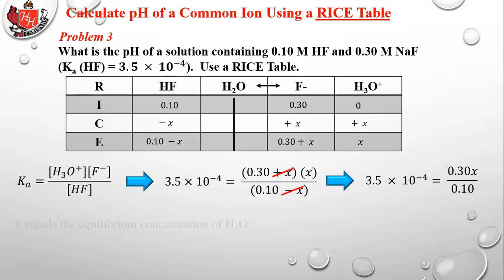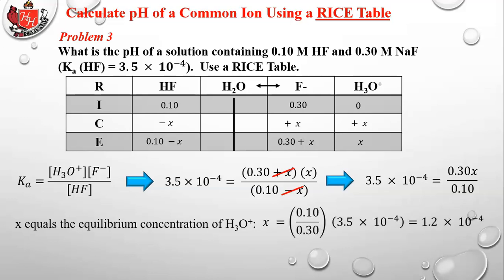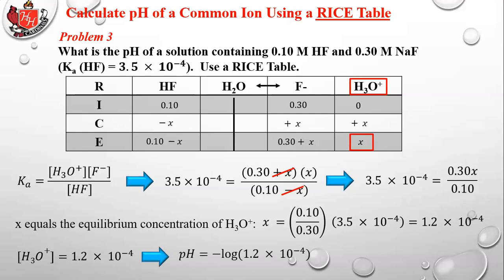And now we're going to solve for X. So X equals the concentration of H3O+. If you look up on the RICE table, X is in the equilibrium line below H3O+, and that's what we want to do our pH calculation. So we're going to multiply the 3.5 times 10 to the minus 4 by 0.1 divided by 0.3. That solves for X, and that gives us 1.2 times 10 to the negative fourth. Since X equals H3O+ at equilibrium, the H3O+ concentration equals 1.2 times 10 to the negative 4. So to get the pH, it's the negative log of 1.2 times 10 to the negative 4,